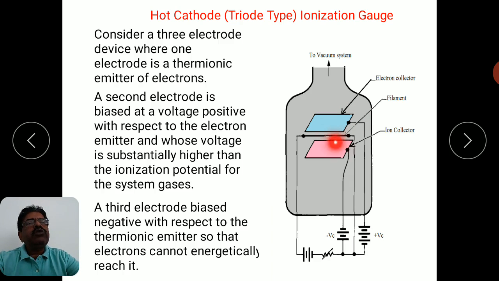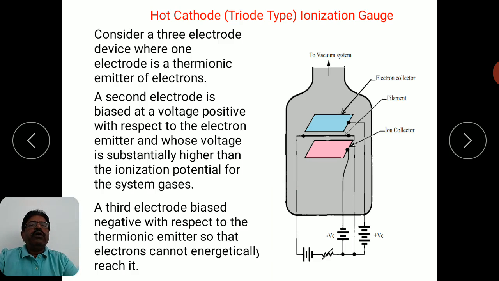Then let us see what happens to the positive ions that are produced. Because of the negative potential on this third electrode, the positive ions will be attracted. So these ions will constitute a current in this particular circuit of the third electrode, and you can place a current meter and measure that particular ionic current, and this current will be directly proportional to the number density, because ionization depends on how many ions are produced, and that depends on the number of gas molecules present inside the chamber, that means the number density.